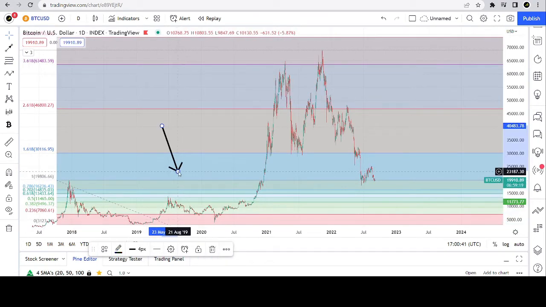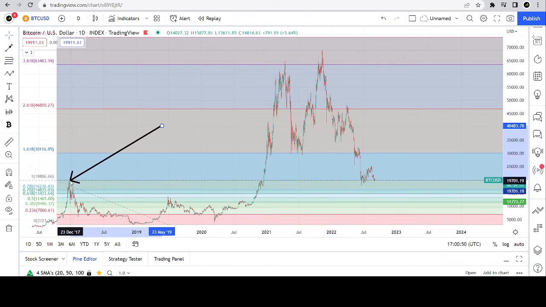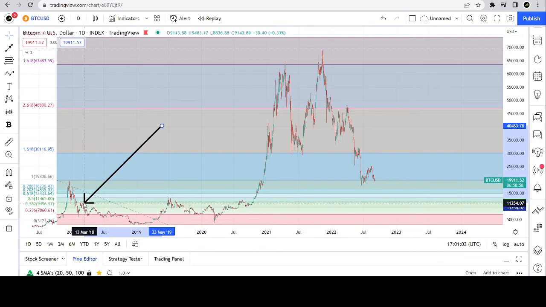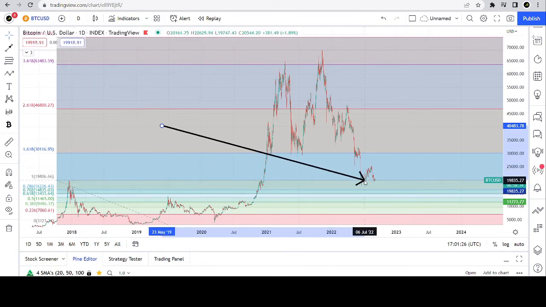There has only been one time, people, in Bitcoin's entire history where price made it below the previous all-time high. And the only one time it has done that, it has on that retracement bounce made it above the 0.5 Fibonacci retracement level, which it has done so again. So considering that this part of the structure has been playing out the same as the other time that this situation took place, we should be open to the concept that price may bottom out around this line right here,